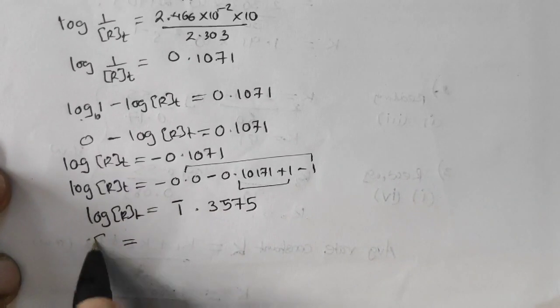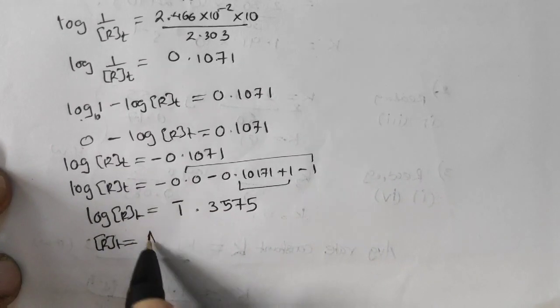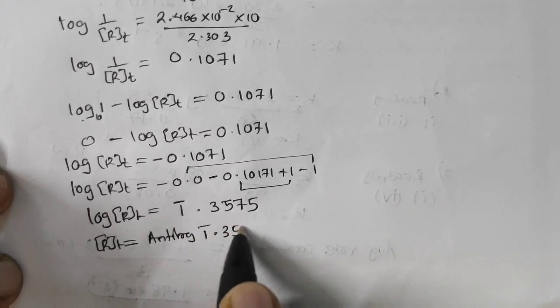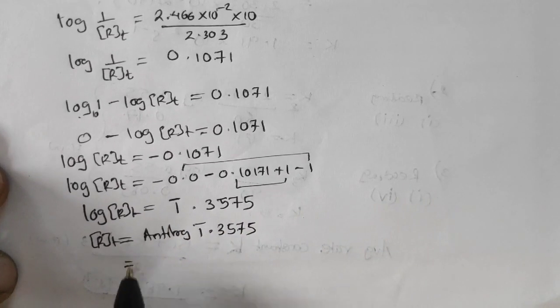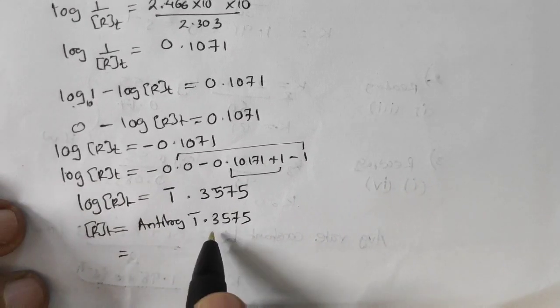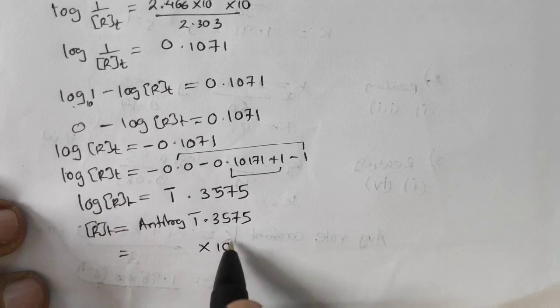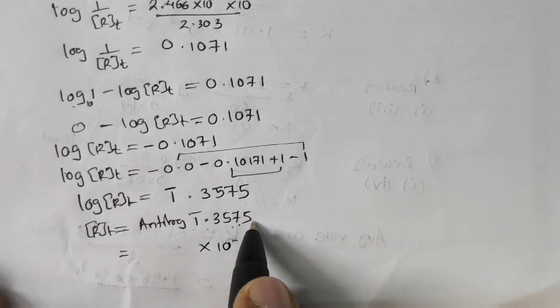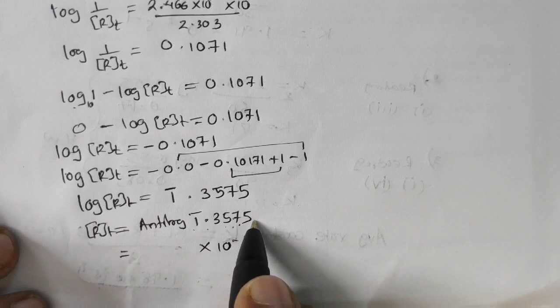Log I'll take to the other side, so it is anti-log of 1 bar 0.3575, which is equal to 10 raised to minus 1 and 0.357, mean difference 5. In your anti-log table, if you see, it will be